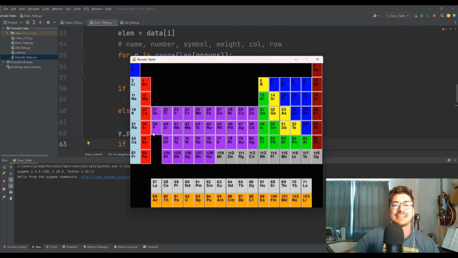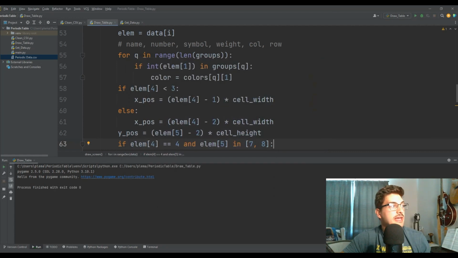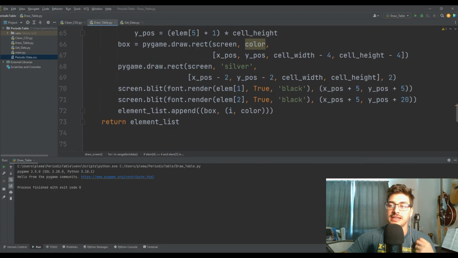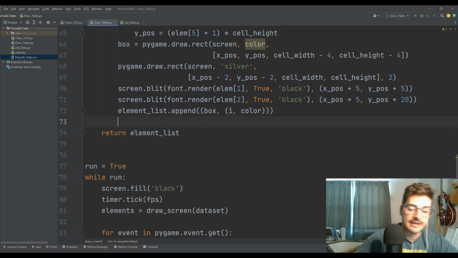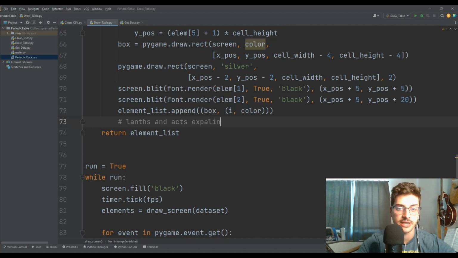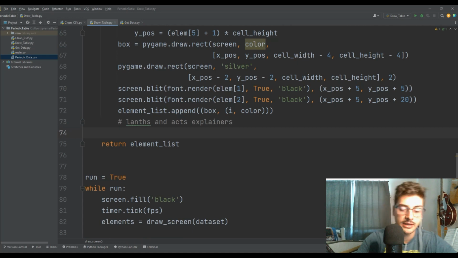Now we have this kind of silly cutout in here. And obviously in this row, it goes from 56 to 72 and 88 to 104. So it could be nice to just do some quick indicators explaining sort of what's going on there. It's not necessarily a functional add-on, but we'll say lanthanides and actinides explainers. And it's just going to be a line and two rectangles. So bear with me really quick. We're going to do